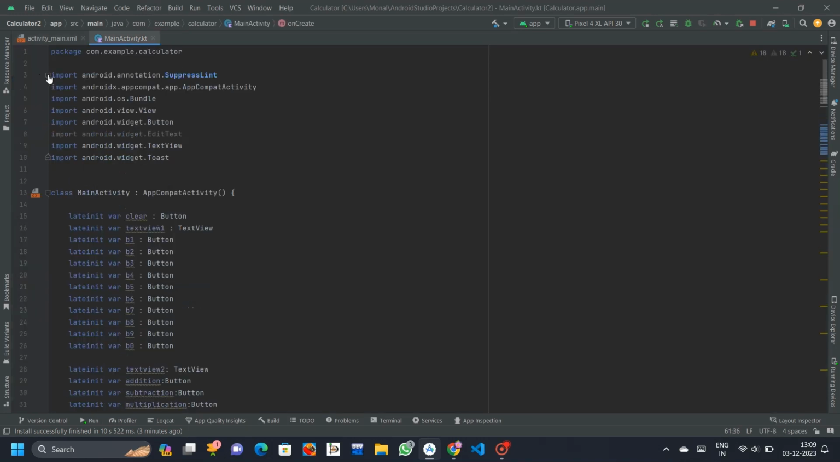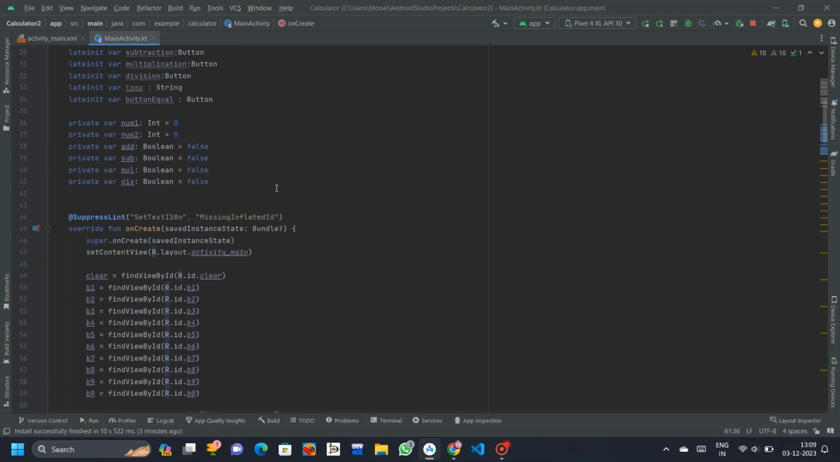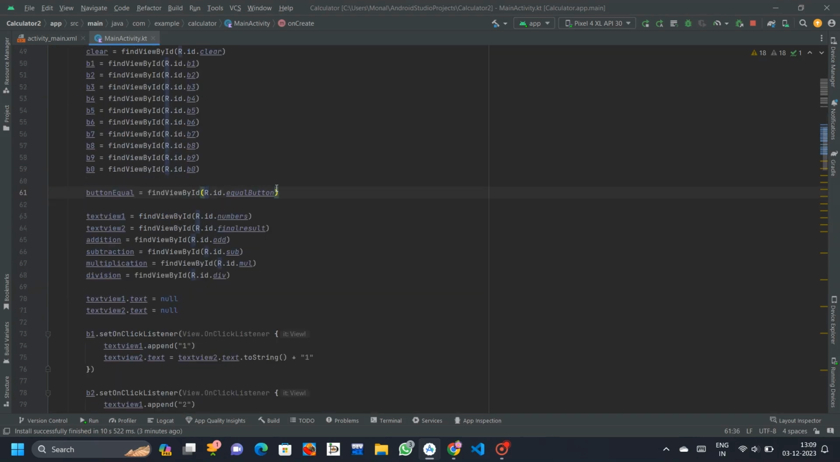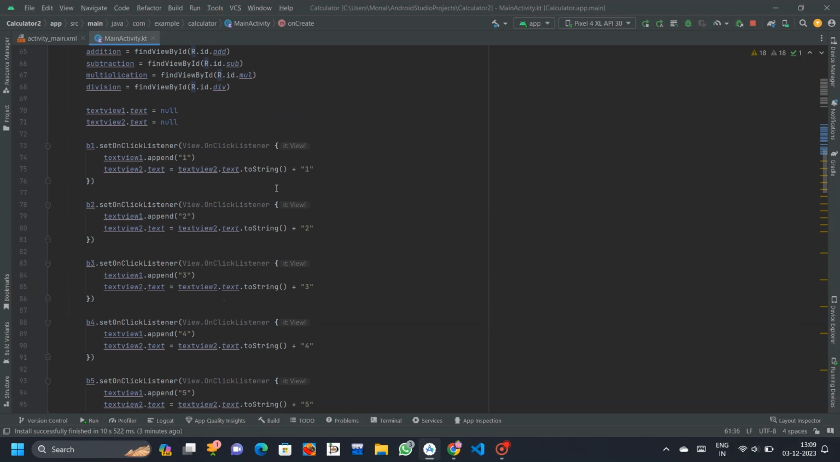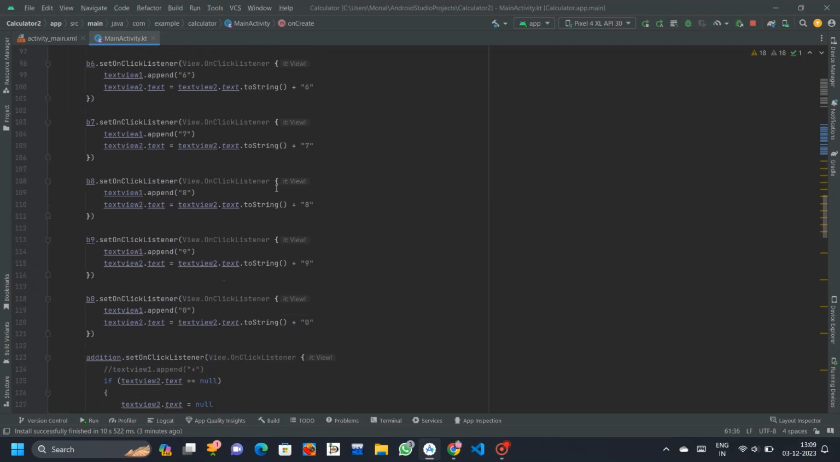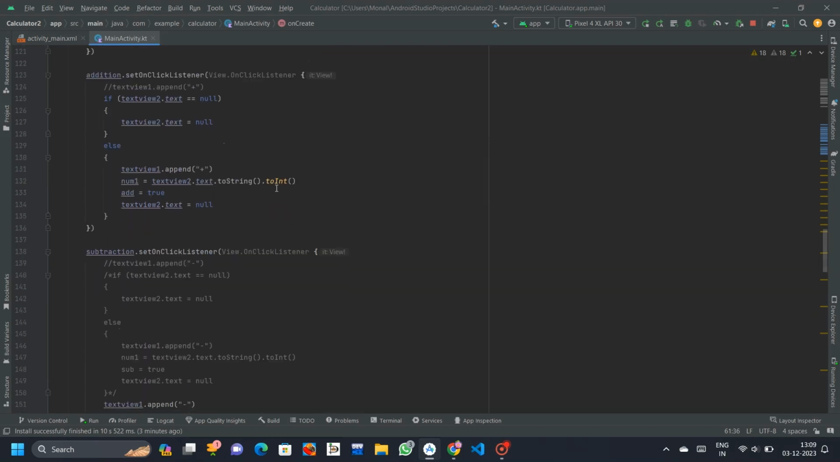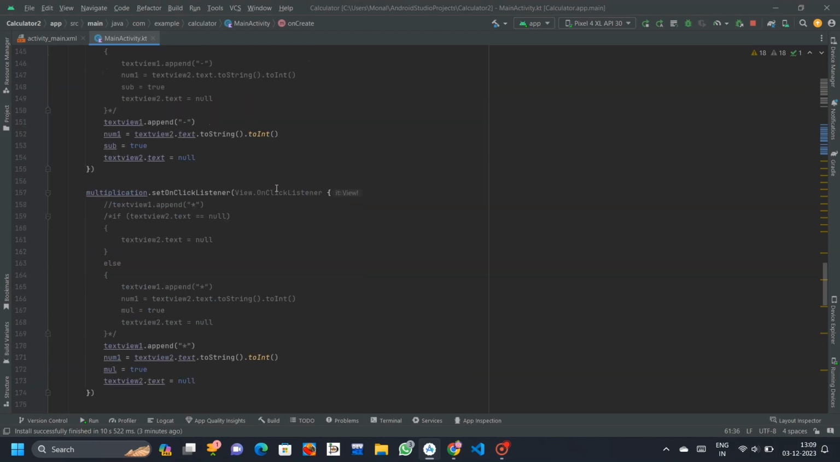The main logic of the calculator is implemented in Kotlin within the MainActivity.kt file. UI elements are initialized and click listeners are set up for numeric and operation buttons. State variables number1 and number2 track user input, and Boolean flags add, sub, mul, div determine the operation to be performed. Calculations are triggered when the equal button is pressed, and the result is displayed in the appropriate